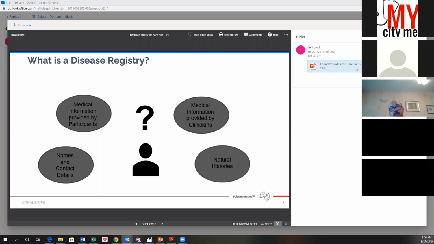Think of it as starting again with contact, natural history, clinical and biomarker information, and essentially what you're trying to do is create a story, a unique story for every single patient. And that will really help define the type of registry you need. It's really to characterize the disease, which means that you sometimes have to go back and look at what's happened in a patient's life to help inform what the future is going to look like from a drug development perspective.